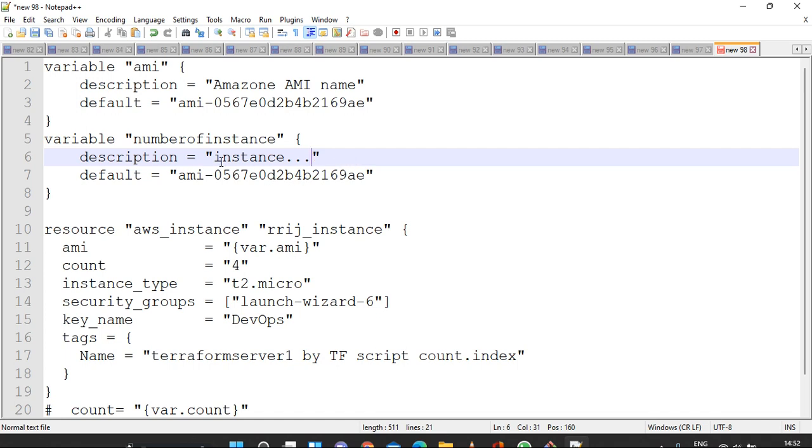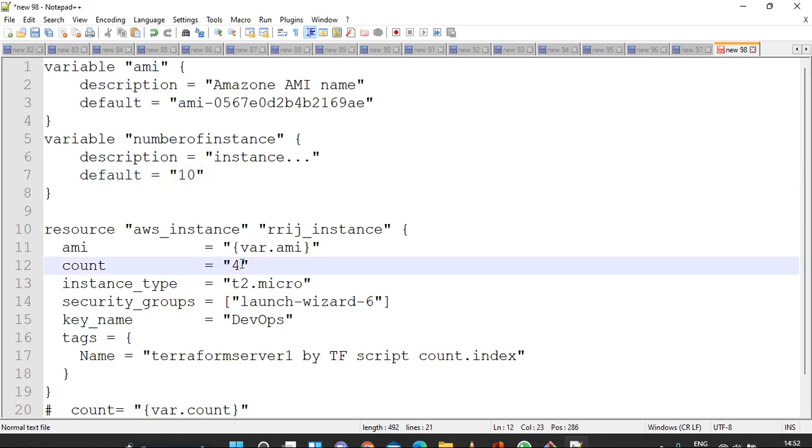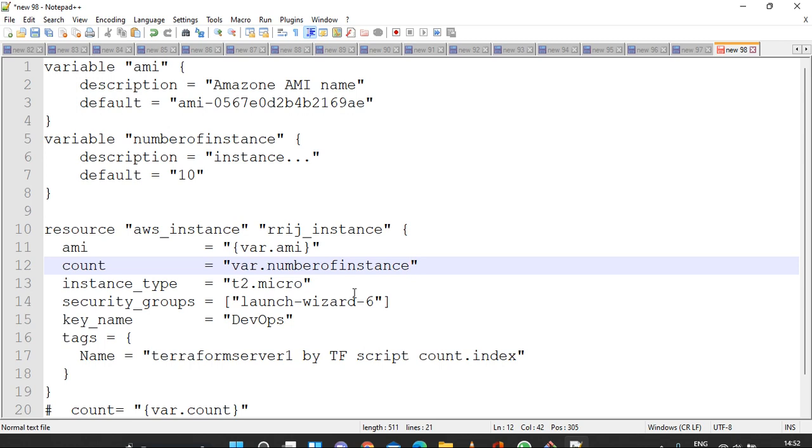Then you will have to write the number of instances here. Okay guys, suppose let's say I am writing 10, and here you will have to put var dot variable name.